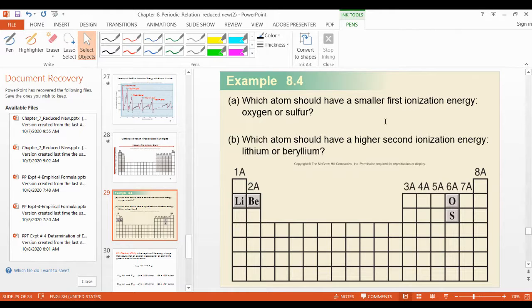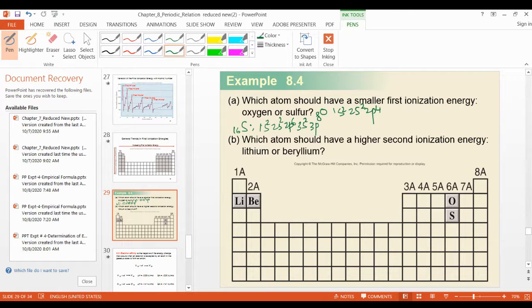Which atom should have the smaller first ionization energy, oxygen or sulfur? So for oxygen, you write 1s2, 2s2, 2p4. Total is 8, right? Oxygen's atomic number is 8. And sulfur is 16 atomic number. So 1s2, 2s2, 2p6,